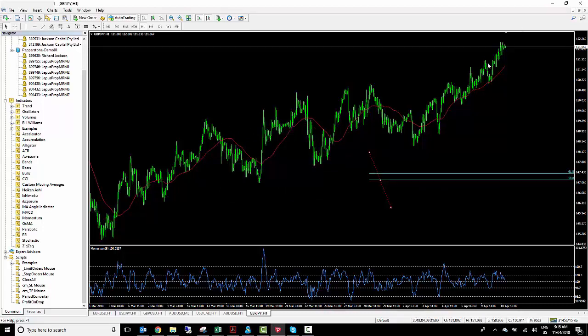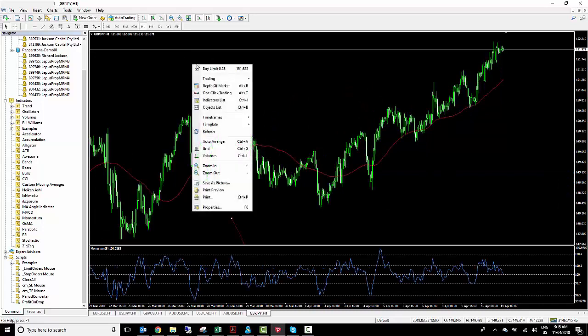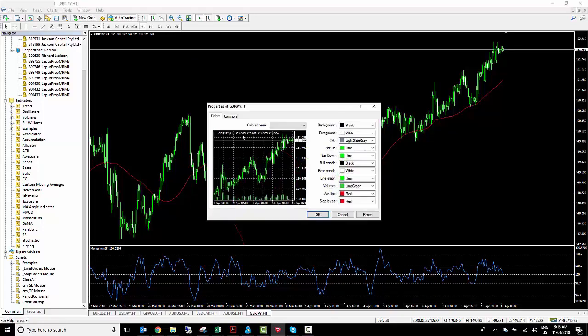We've got the default of all of the candles, or bars in this case, being green, and the black background if you prefer it another way. I prefer having a black background because it's easier on the eyes. But if you're wanting to change the colors, you can certainly change the colors by right-clicking the chart and then